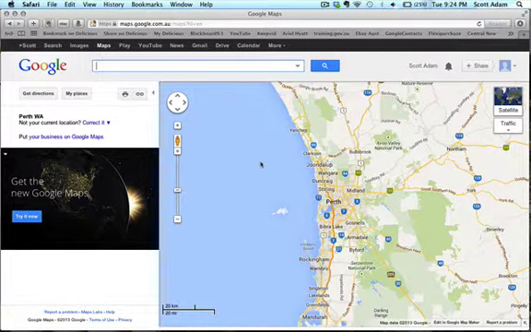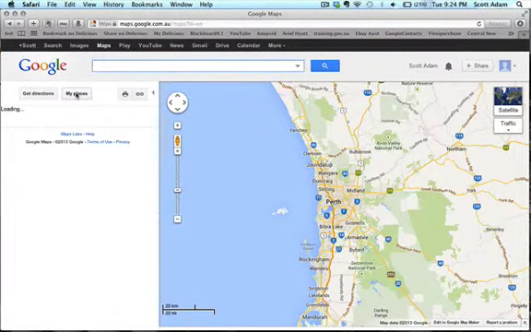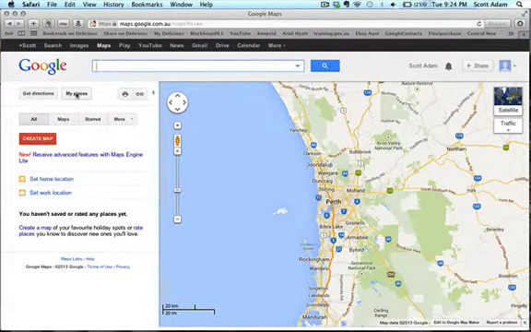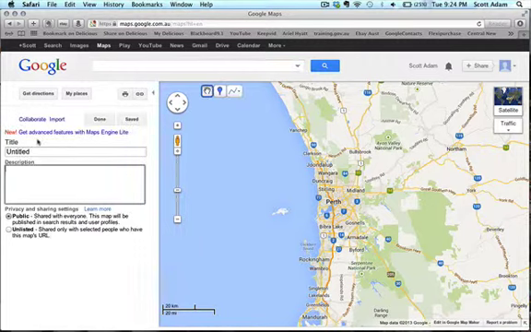So, to get started, we actually need to create a map. The way we do this is we start with My Places, click on My Places. Now bear in mind you do need to have your Google login at this point. If you try and create your own maps without your Google login, it won't remember it. It probably won't even let you do it. Okay, once you're in My Places, click on Create Map